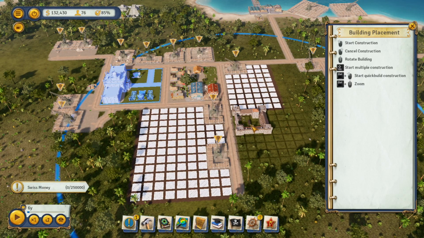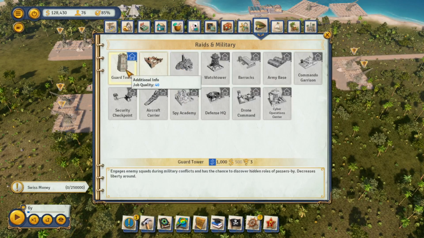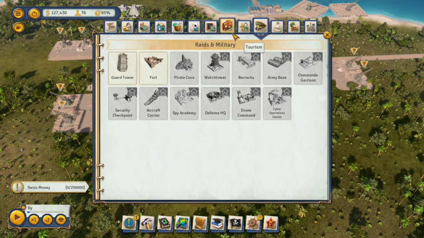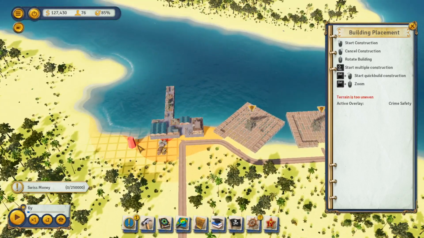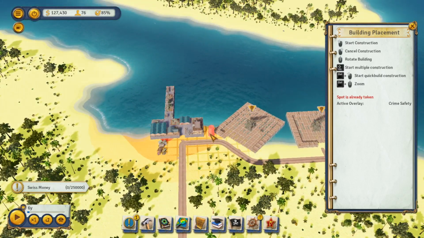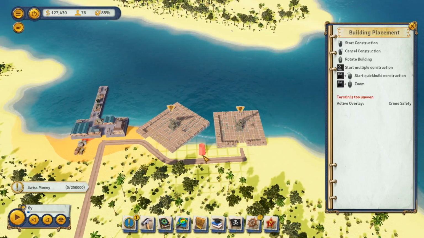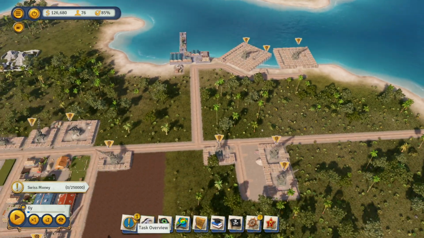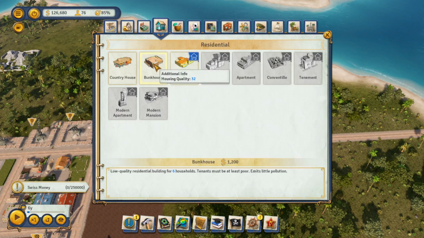Trying to decide how I want to build this. We want guard towers. I just don't know how to position them yet. We might not run across too many pirates here. But if we do, we're at least prepared. Okay, so we got all the industries. Let's build some